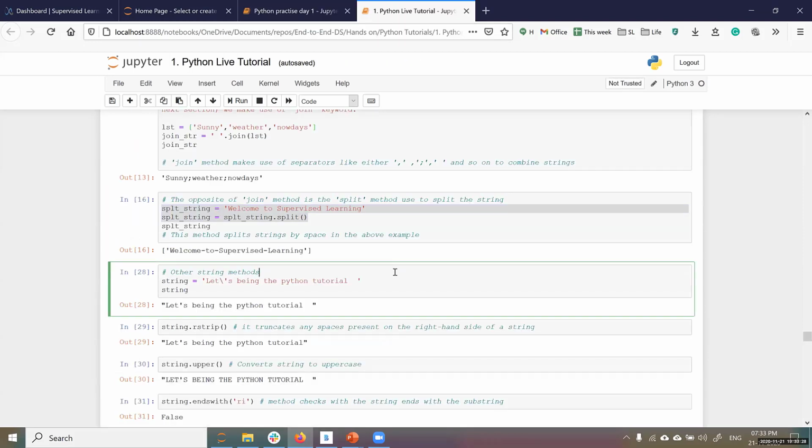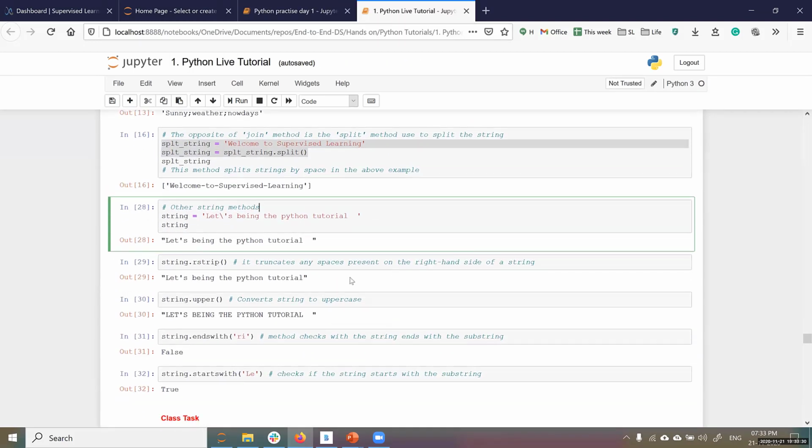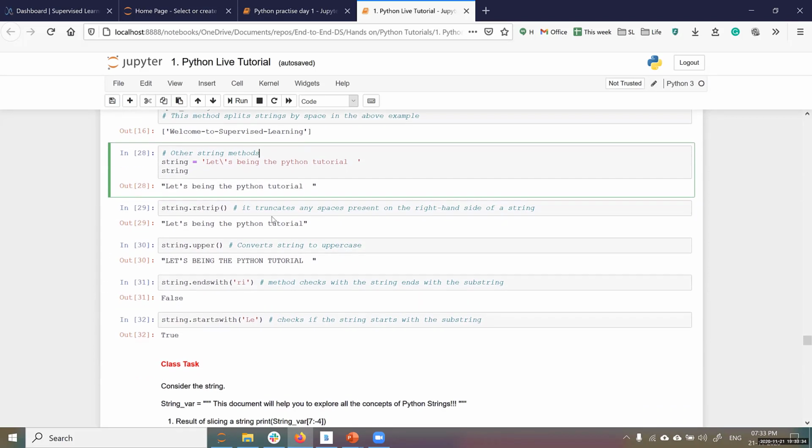That's split, and you can try strip, upper. Some more functions are there. I'll leave it for you to explore. R strip is nothing but it truncates any spaces present on the right hand side of the string. For example, if you have seen here, let's begin the Python tutorial, and I've left 3 spaces intentionally here.